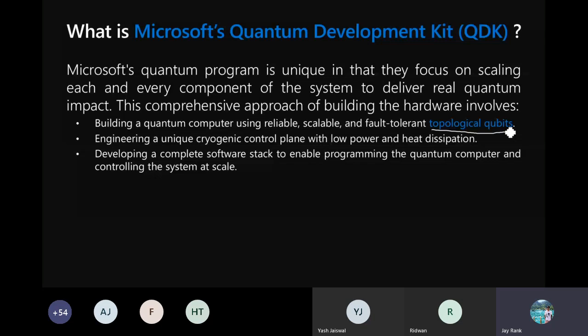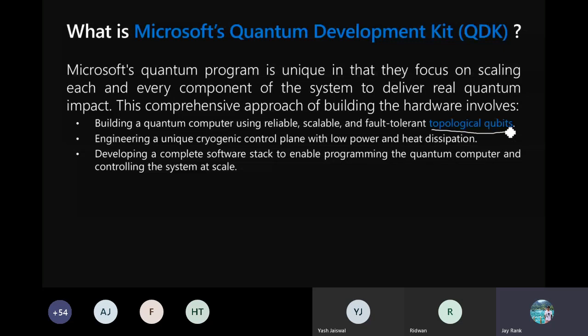Second, engineering a cryogenic control plane with low power and heat dissipation. The cryogenic control plane is basically manipulating very low temperatures, almost 10 to 0 Kelvin. At that level, we have to make sure that the power used is very low, and also the heat dissipated is close to zero, because quantum computers never work at normal room temperature.